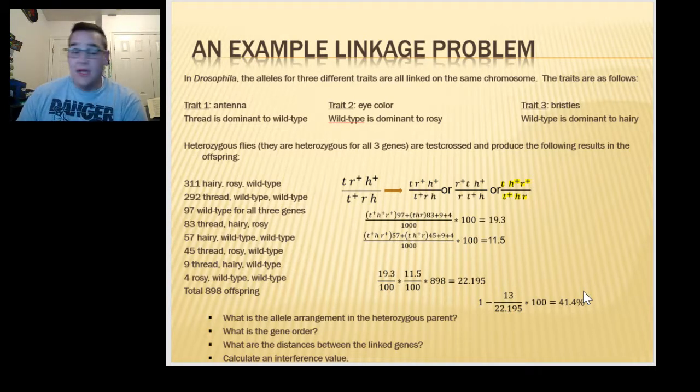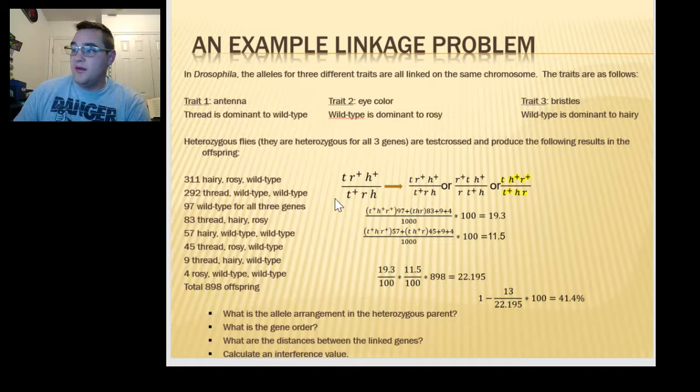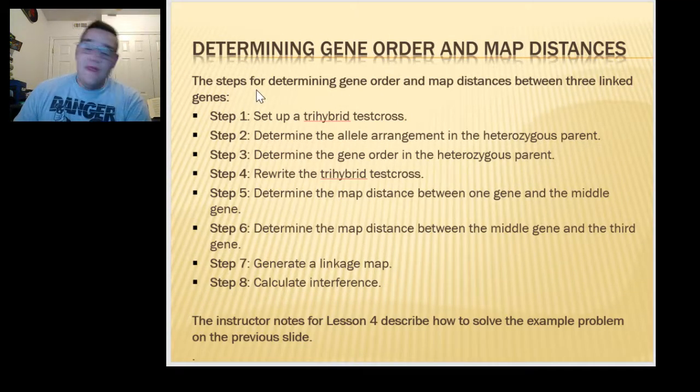But yeah, I get them right. Then I'm just going to continue on with the steps. You determine the gene order and map distance between linked genes. You set up a trihybrid test cross. You determine the allele arrangement of the heterozygous parents. You get all your statistical values of all your different offspring. You determine the allele arrangement of the heterozygous parent, and then you determine the gene order by the heterozygous parent,